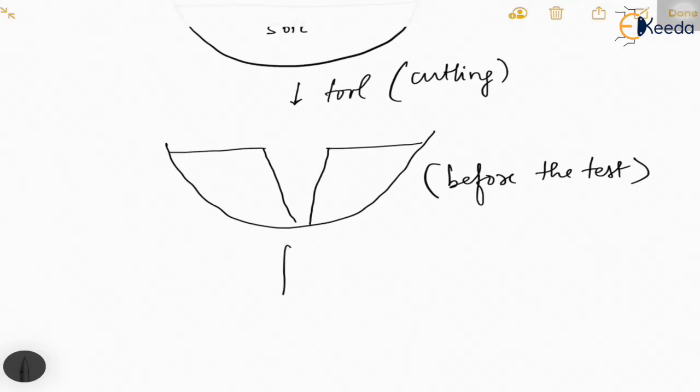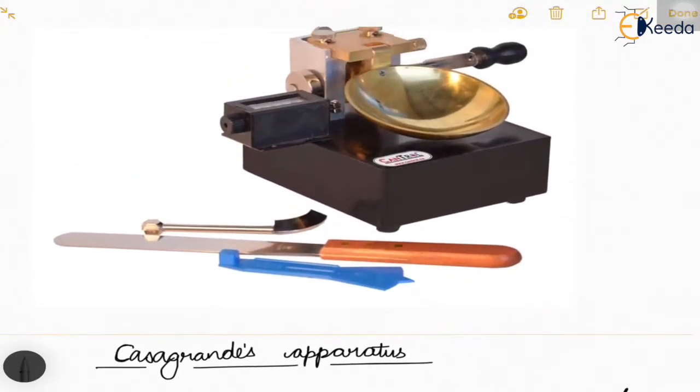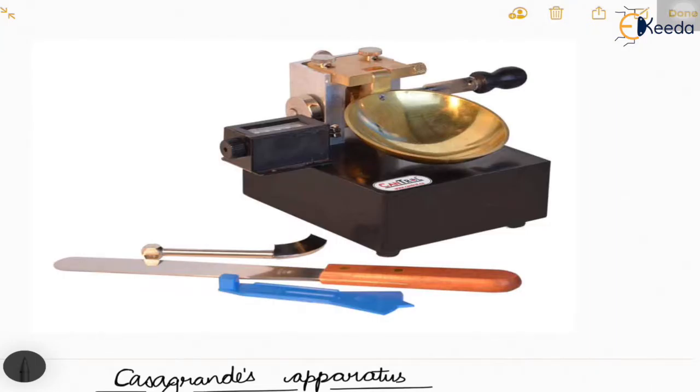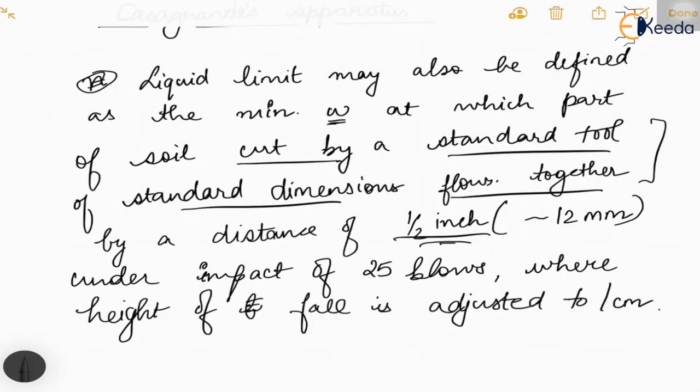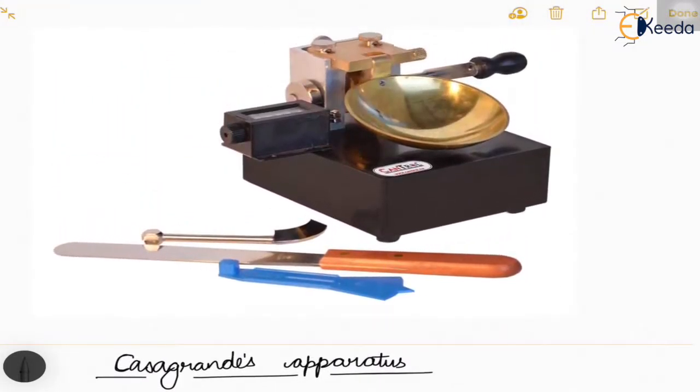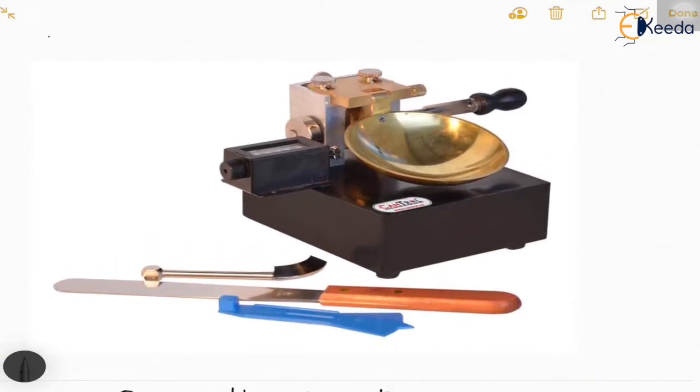So next, let me show you the diagram. There is a rotating knob on the right hand side, and a handle is also attached. As you can see, it is rotated, and the number of rotations can be counted on the left hand side in a meter which is attached at the left hand side. So as I have written, under the impact of 25 blows, as you provide the rotational motion in this apparatus, this bowl taps on the surface, on this wooden surface. It may be wooden, it may be made of some rubber material, it may be hard, soft, we will discuss it later.